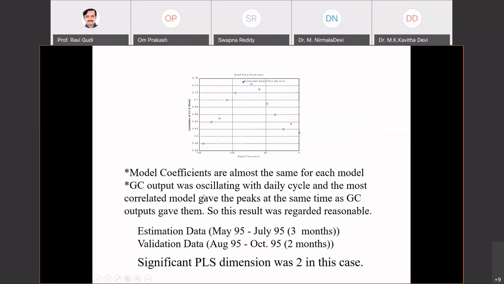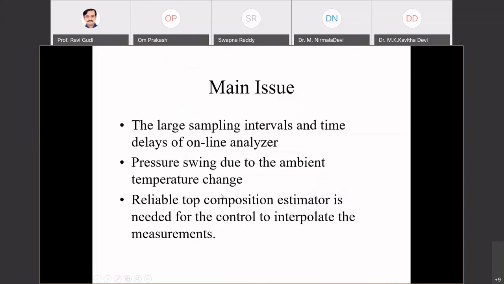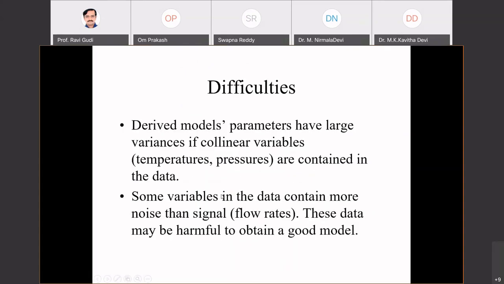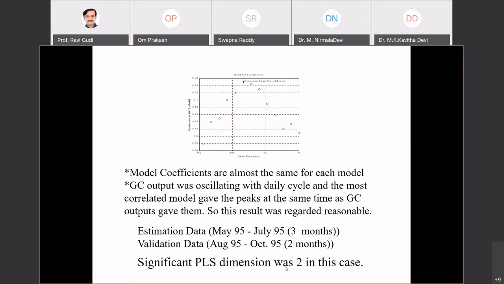So basically what happened was, because there was collinearity, because there was noise, PLS was used or attempted to solve this problem, with significant PLS dimensions being 2. We remember going back here, the PLS dimensions are the first linear combination, second linear combination and the like. It turned out that only 2 were required to solve the problem. That indicates that, out of the 26 variables, the linear combinations of those 26 variables, only 2 of them are really important. The other linear combinations are practically not important.